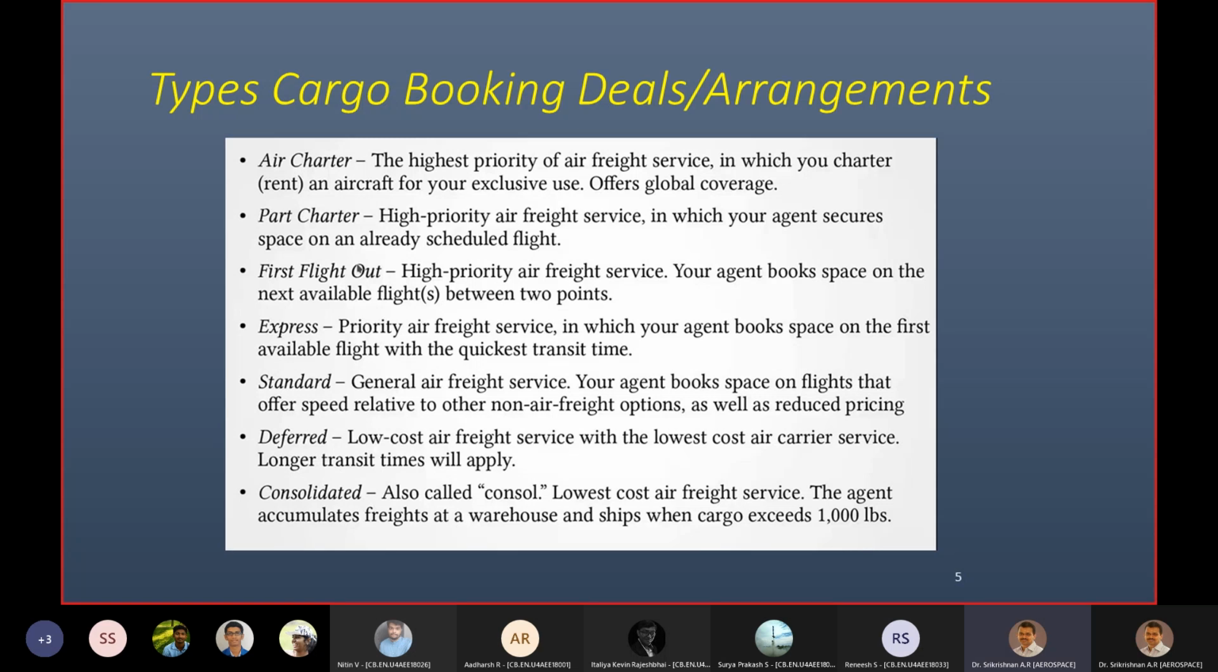And then probably the least expensive one is referred to as consolidated cargo service, sometimes called console cargo service, and that's the lowest cost freight service. Here the agent, whoever is doing the booking, accumulates freight as a warehouse and ships when cargo